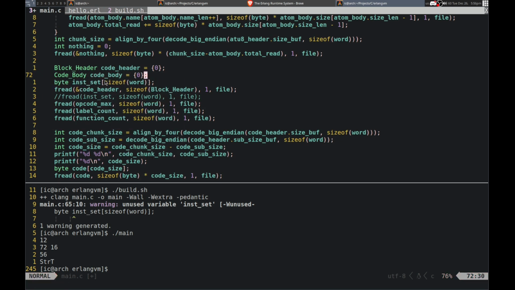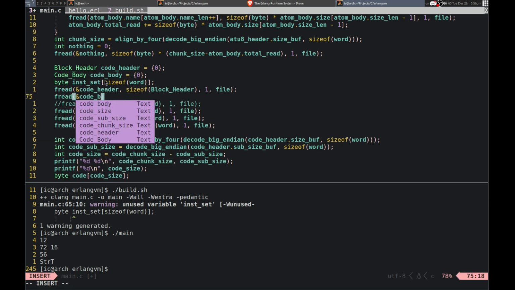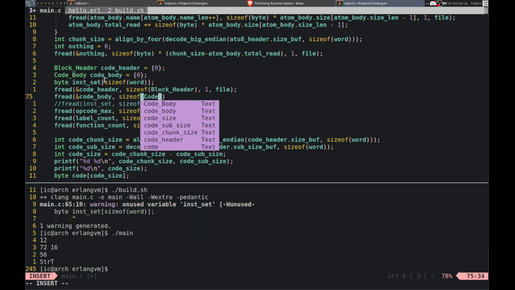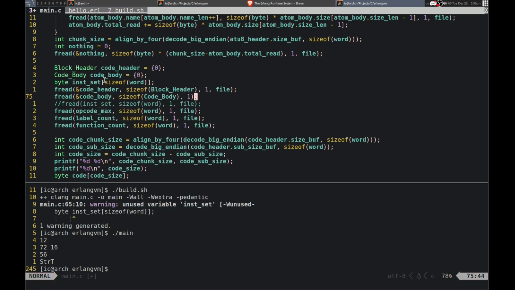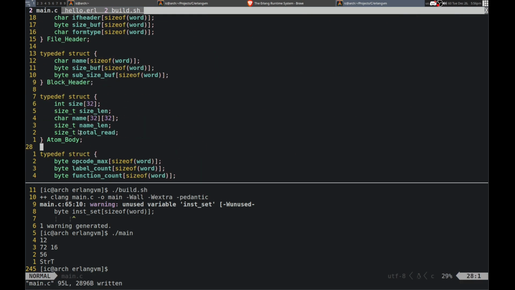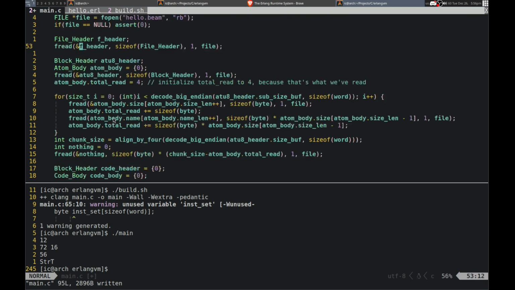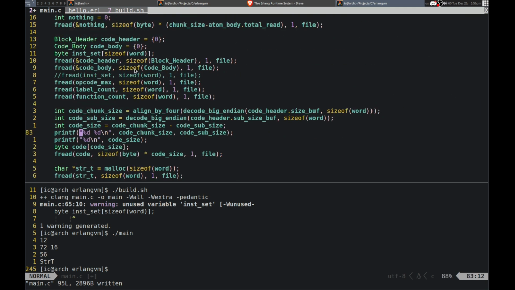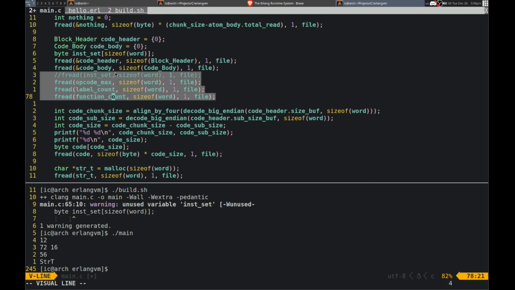So then we can make a block code body. 0 initialize. F read. Actually, that's not gonna work. So I'll have it be separate. I'll get rid of this. We'll just have that be a separate thing. That is okay. Get rid of these.